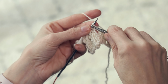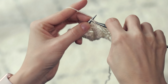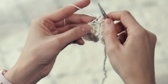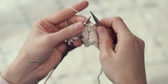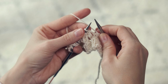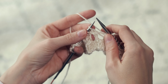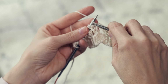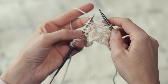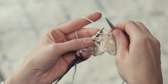Knit 2, 3, yarn to the front, purl 1. Then the part that we repeat across the row is knit 3, purl 1. So knit 1, knit 2, knit 3, purl 1, again,